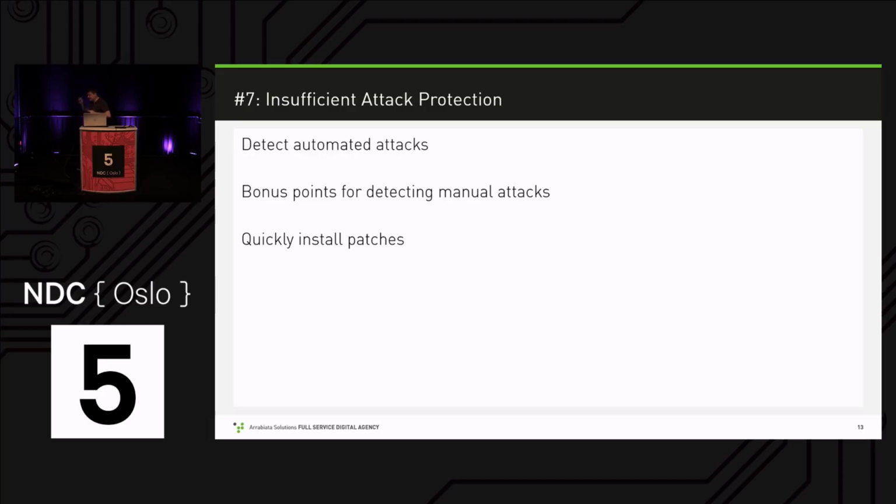Now, according to the OWASP, the idea is if someone is attacking us, we should find out. So if there are automated attacks, if you get a lot of requests maybe from the same IP address of the same type, we should have software or a mechanism in place that finds it out. And if we are really good, we should also have software in place that finds out if someone does a manual attack. But well, I would say at least the second point is kind of wishful thinking. But of course, web application firewalls and network analysis tools can help us a little bit and also decrease the attack surface. And another thing is quickly install patches, right?